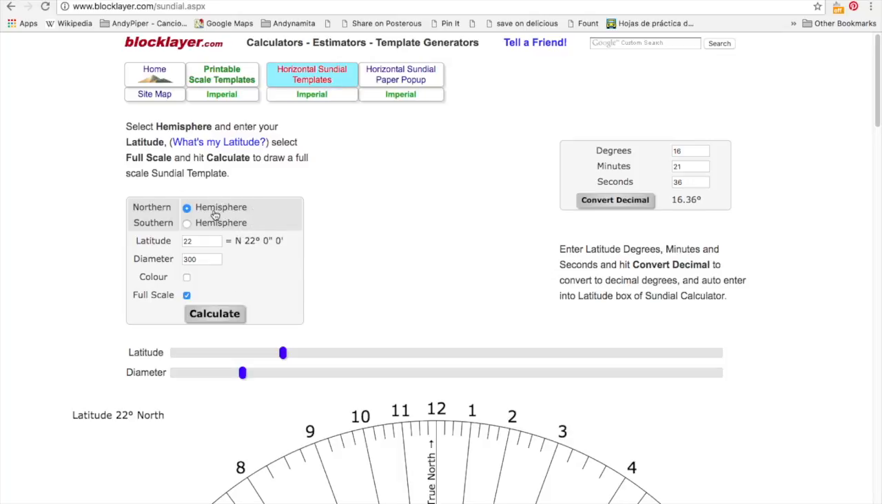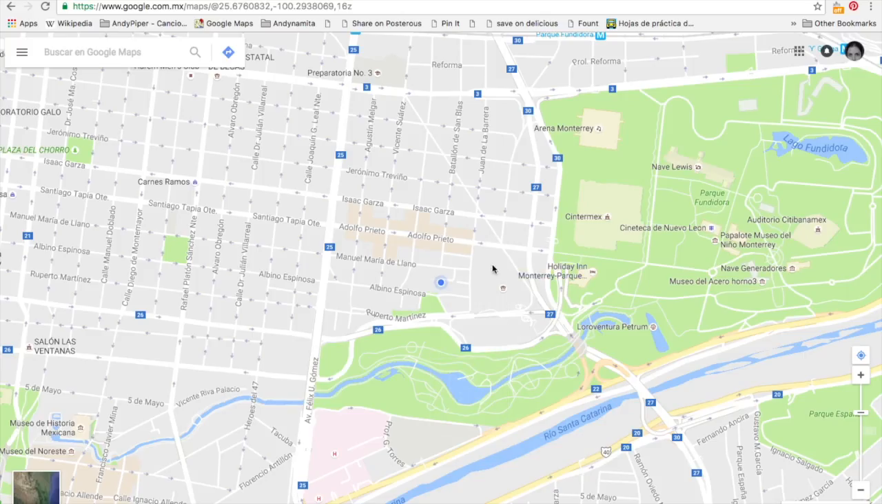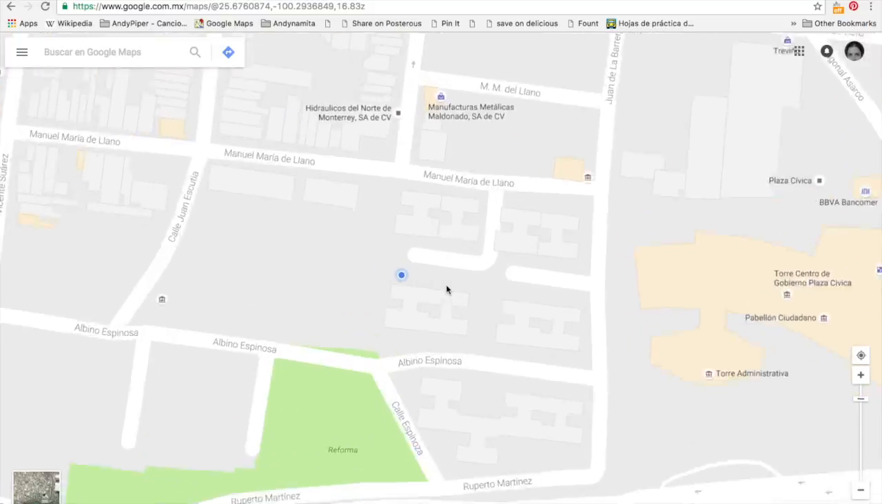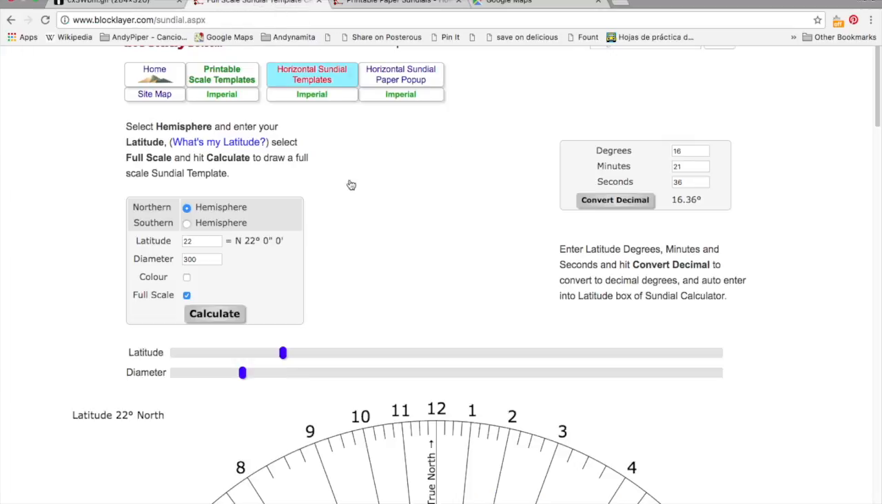Then you choose in what hemisphere of Earth you are. I'm in the northern hemisphere, so I'm going to choose this one. After that, you go to Google Maps and you choose the location where you're going to make the sundial. I'm going to make it here, where I am right now. So I choose the point, and it gives me the address. We have to copy the address. After that, we head back to the page,